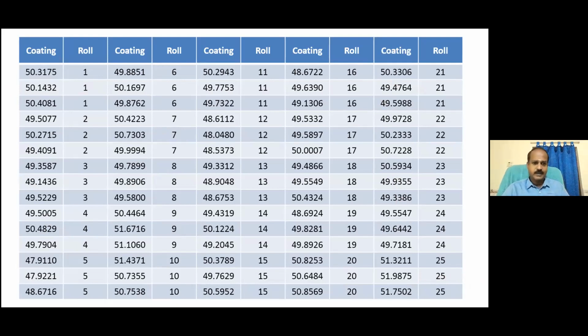All right. And now, first batch, you have taken 3 samples. Second batch, you have taken 3. Totally, how many batches did you produce? 25 batches. Every batch, within the 3, do you see some variation? What is this called? This is called within batch variation. You want this to be minimum.